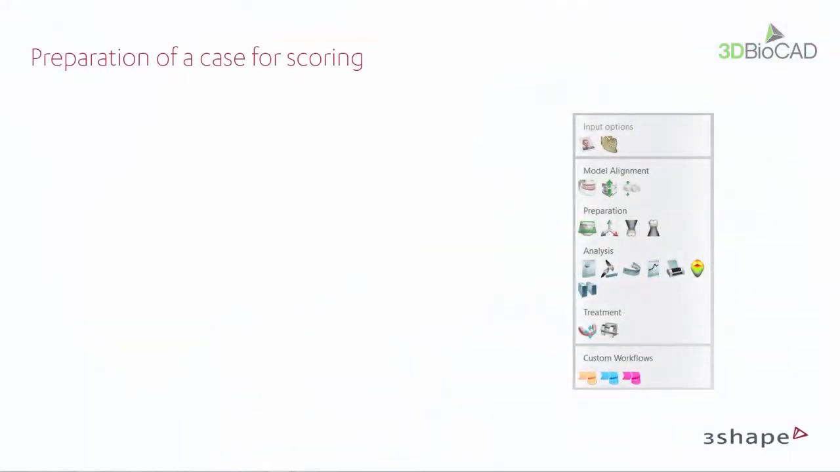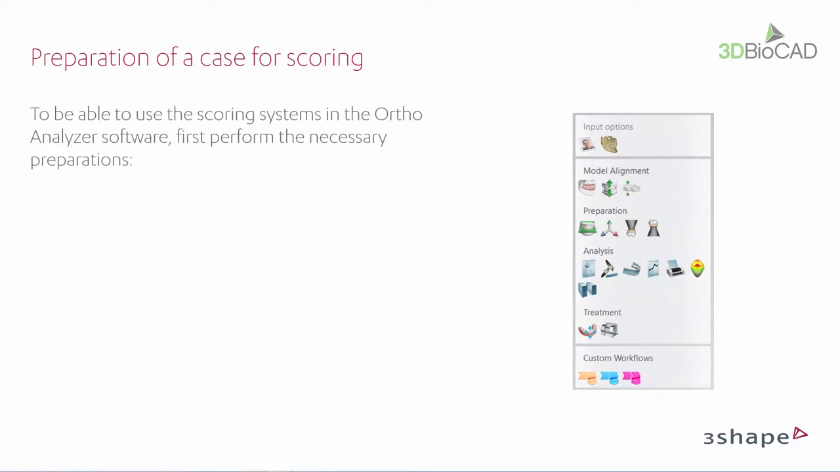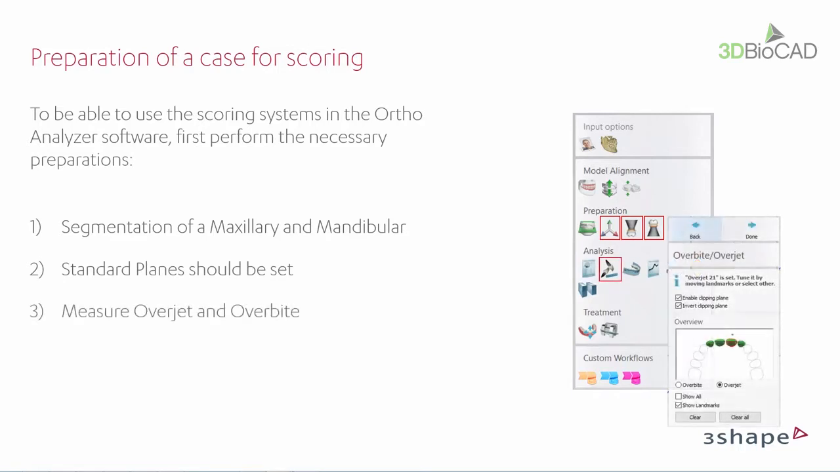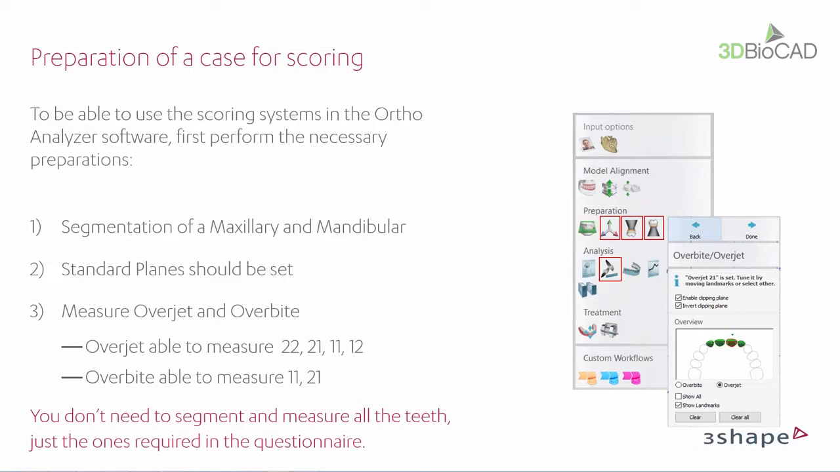You will need to prepare a model set before performing a scoring with one of the scoring systems. The necessary preparation in the Ortho Analyzer involves a couple of steps: segmentation of the maxillary and the mandibular, standard plane should be set, and overbite and overjet should be set for the 4 overjet incisor teeth and the overbite 2 central incisors. It is worth remembering that you don't need to segment and measure all the teeth, just the ones required